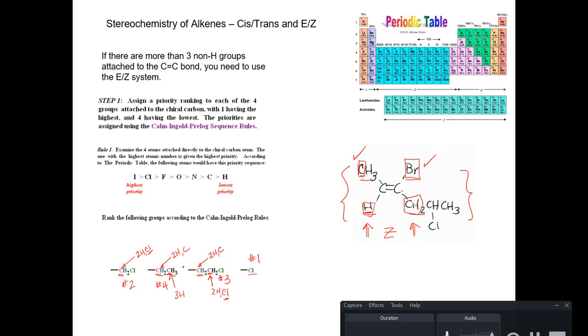So we kind of did this in the last sections. So this is the way that we handle and break ties. And again, we're looking for the singular highest atom with the highest atomic number. Okay, that's what we're doing. So